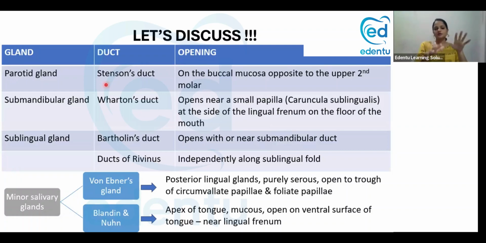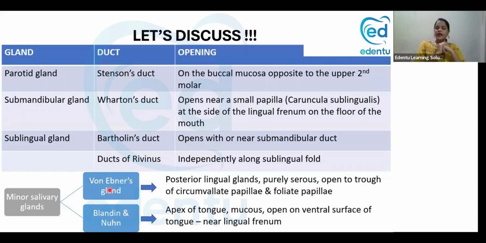The parotid, submandibular, and sublingual are the major salivary glands. If you look at the minor salivary glands, there are two main groups present in the oral cavity: von Ebner's gland and Blandin and Nuhn. Von Ebner's gland is a purely serous gland. In the major salivary glands, the purely serous gland is the parotid gland. Like that, in the minor salivary glands, the purely serous gland is von Ebner's gland, present in the posterior part of the